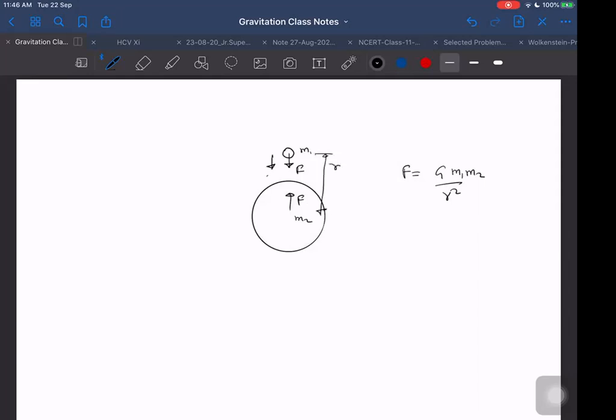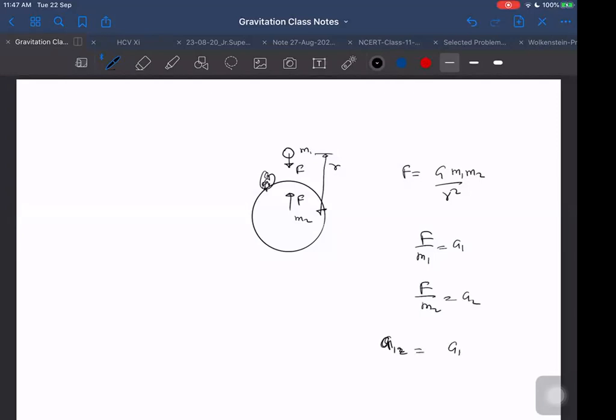Let us say one person is here and he wants to observe this. M1 is not negligible as compared to M2, and he wants to find out the acceleration of M1. What acceleration will he get? With respect to this observer, the person who is sitting on the Earth, the acceleration will not come out to be what you are thinking. It will be different. Why? Because F upon M1 will be A1, but F upon M2, this will also accelerate. That will be A2.